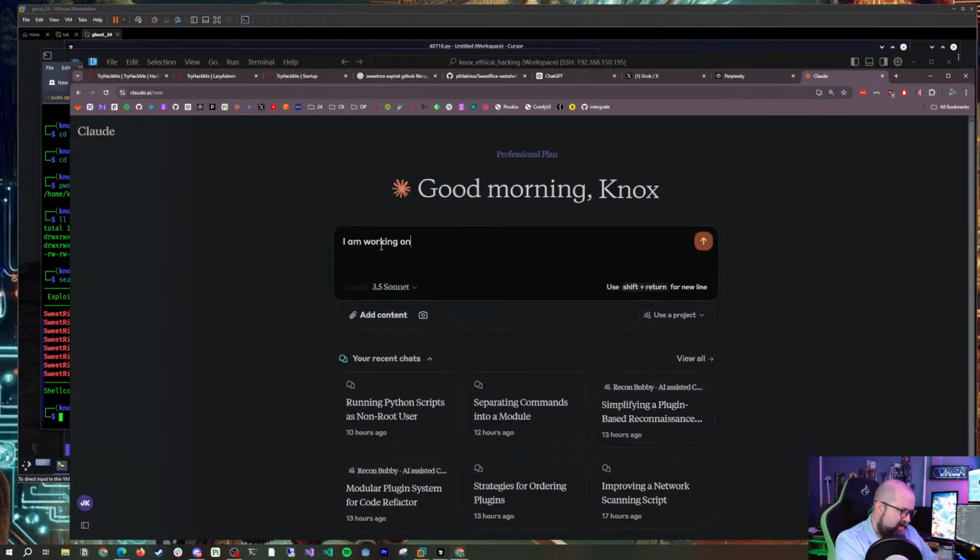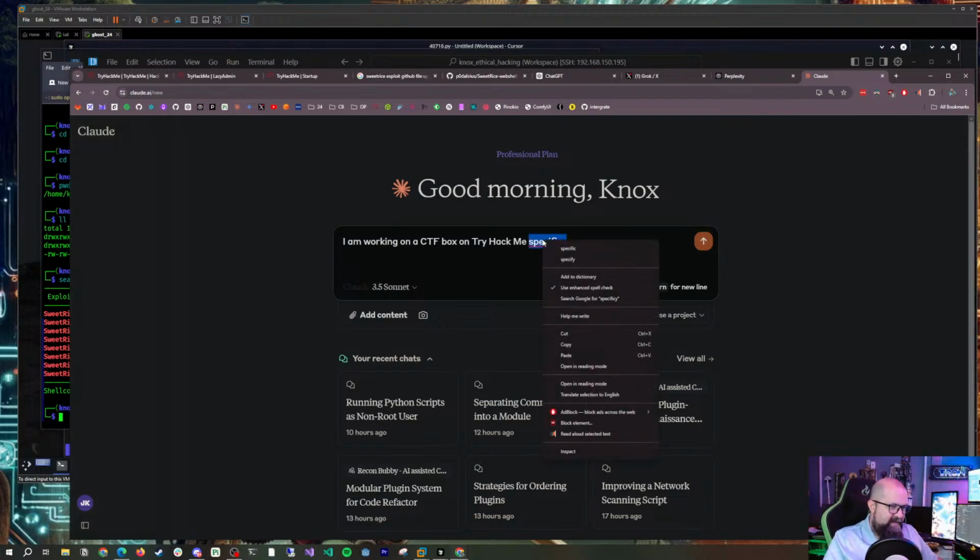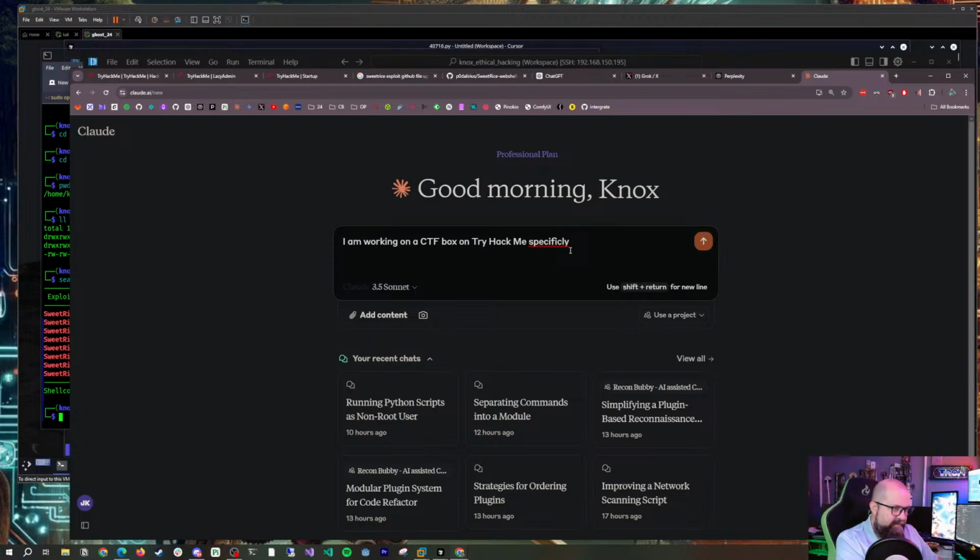I am working on a CTF box on Try Hack Me. Specifically, showcasing, that's a good word, showcasing the Sweet Rice 1.5.1 file upload vuln,